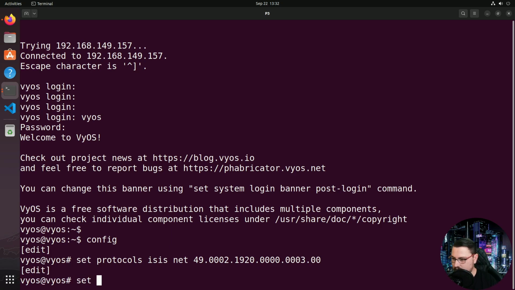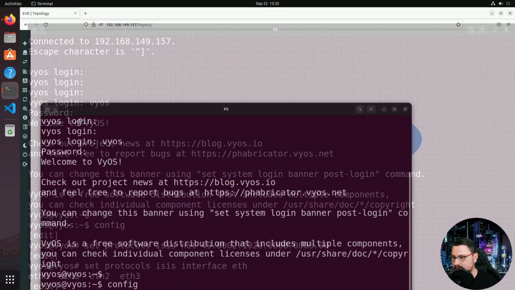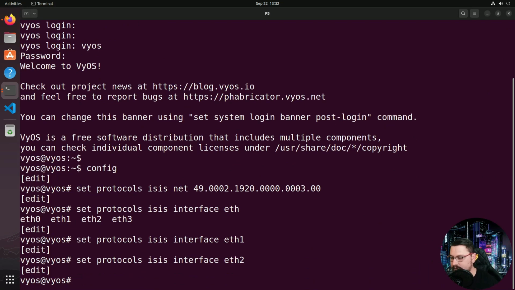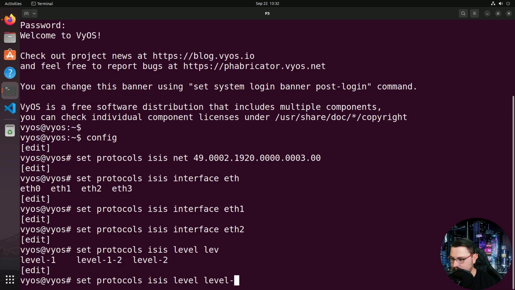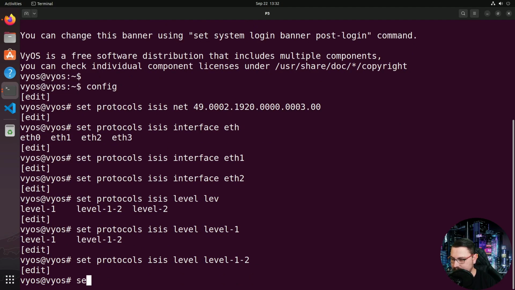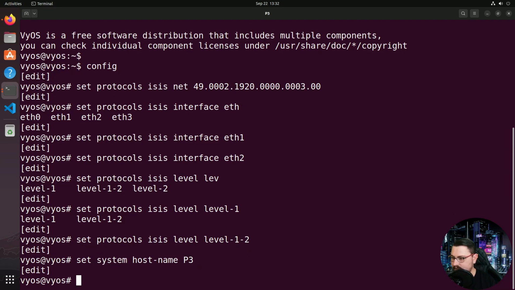49.0.192.0.0.0.0.0.0.0.0.0.0.0.0.0. We're going to set our ISIS interfaces, and that is going to be, just confirm here, ETH1 and ETH2. And we're going to set our level, set protocol ISIS level, and this is going to be a level 1/2 again. And then we can do a set system host name. This is P3,